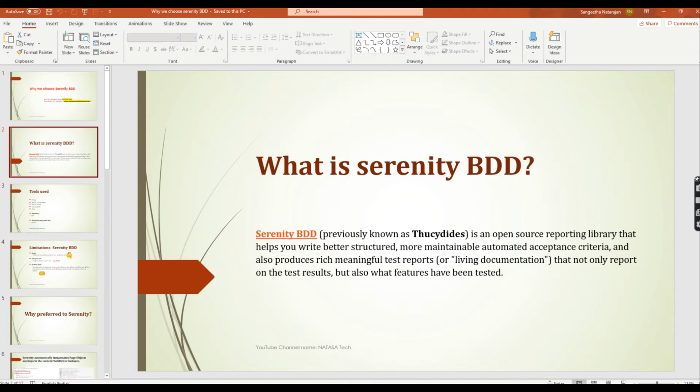In that case, if you share these documents with somebody, they will understand easily. Not only the report, it also shows what features and what requirements are covered. Everything is covered in this report. So that is the reason Serenity is called living documentation.